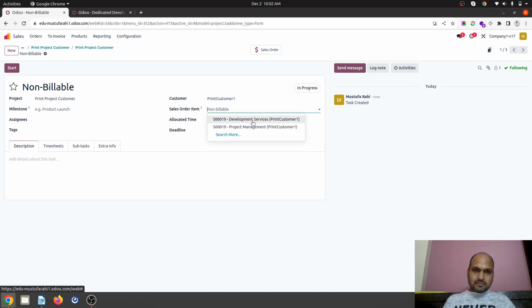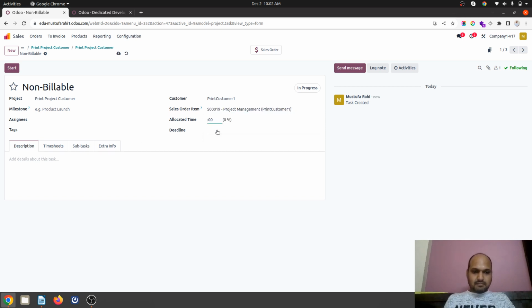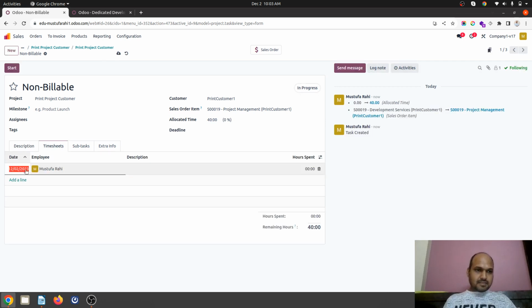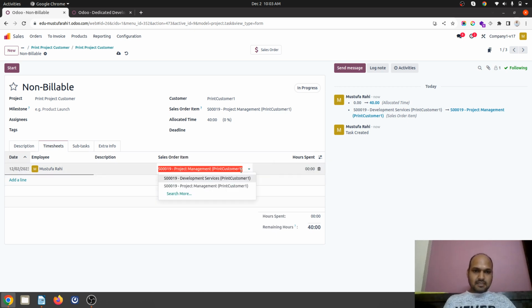So it is connected with maybe project management services, where I am allocating maybe 40 hours of time. Inside the timesheet, when someone is typing it, we just have to remove this log, and then if I say 10 hours